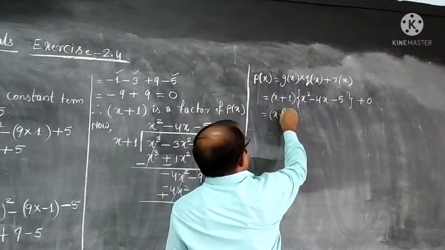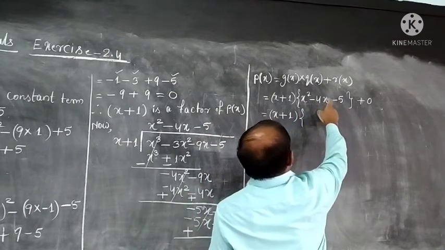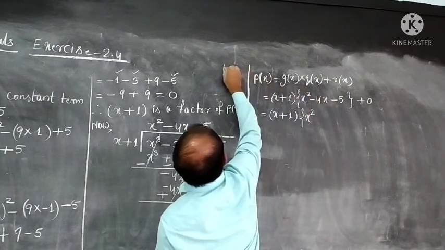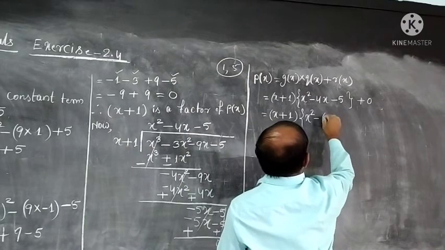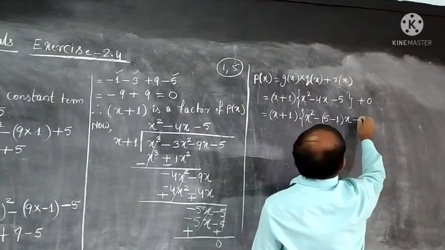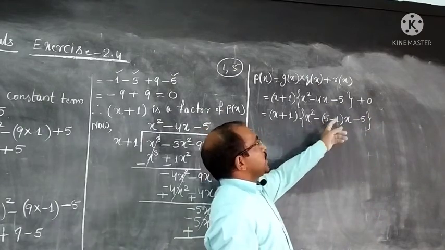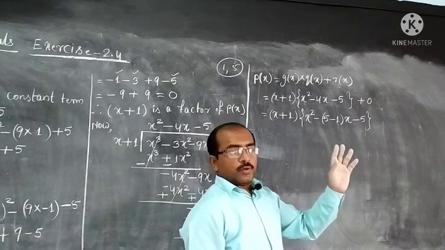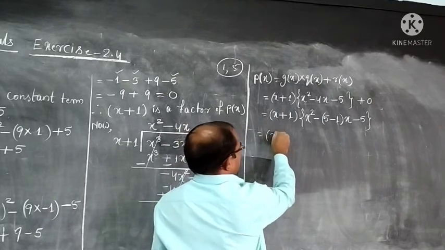The work now will be what? Splitting the middle term for this polynomial. x square, 5 has only 2 factors, 1 and 5. That means 4, how to get? 5 minus 1. x minus 5. When we split, it remains the same, only that 4 we made into 5 minus 1, and then x plus 1,